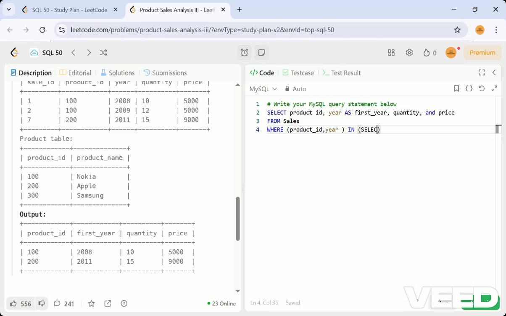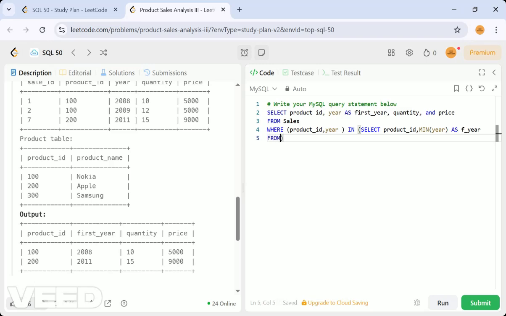Let me select product ID, and like we did in the previous problem, the minimum of year, by which we get the first year. We can use any alias name, because we are taking that year as the first year. So from which table? From the sales table, right?